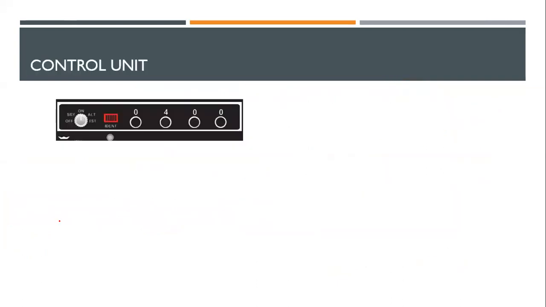So where is the aircraft identification used? We have this thing on board the aircraft known as the control unit. This is where we put the 4-digit code. And where will we get the 4-digit code? We get the 4-digit code from the ATC itself, or from the flight plan.